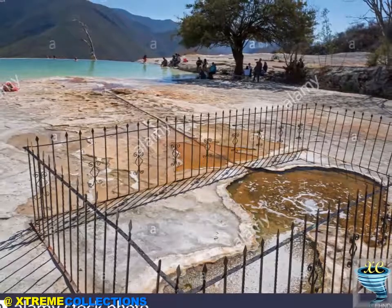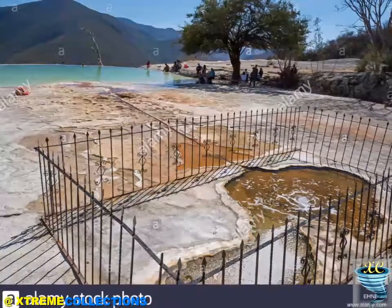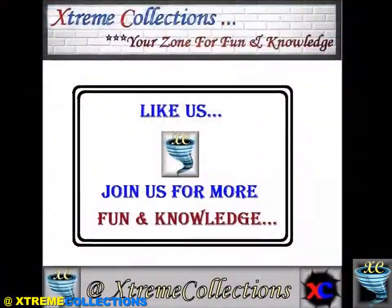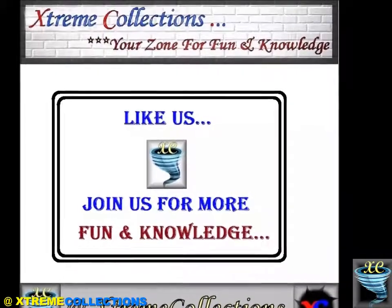The bubbling action of these and some other springs is thought to occur due to constriction of underground water currents. This bubbling action leads to the name of the area, Hierve el Agua, the water boils. Water constantly flows out of the springs and the process of depositing the calcium carbonate is ongoing, which can be seen on the walls of the